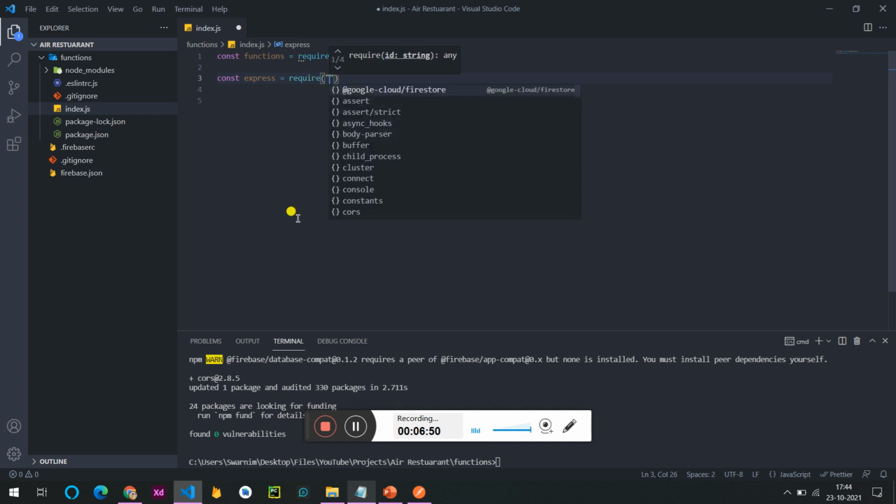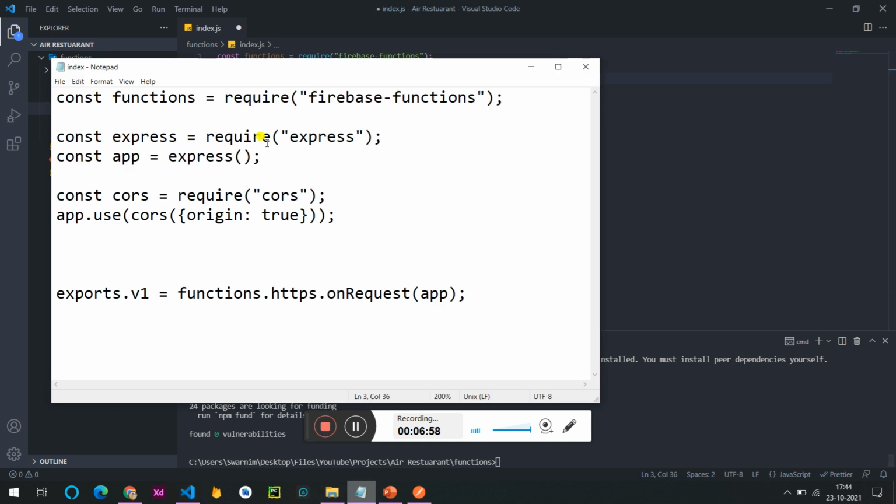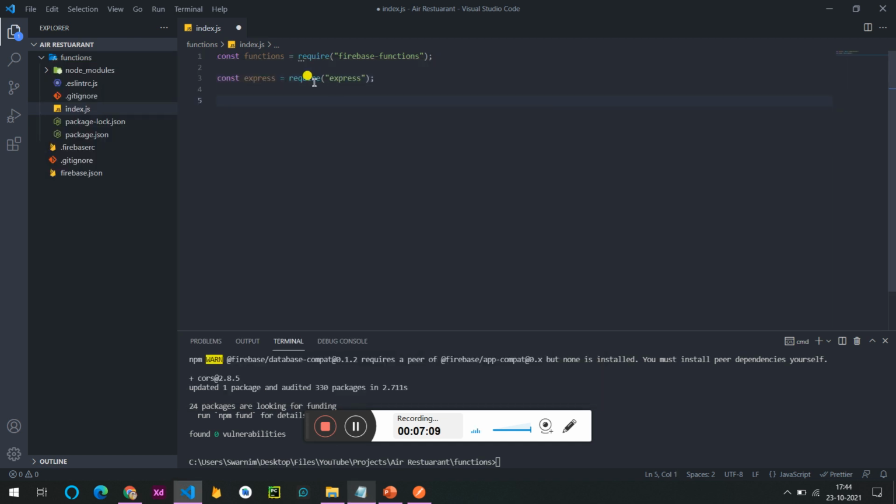Make sure you use double quotes as it is necessary for ESLint, else it may give some errors. Okay, after that has been done, we will just create an app reference and connect it with our Express. I will just simply copy paste,